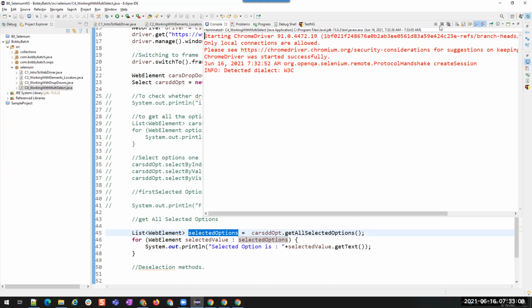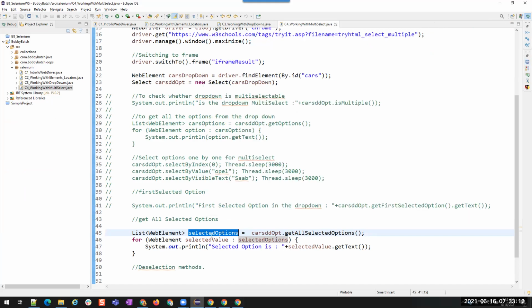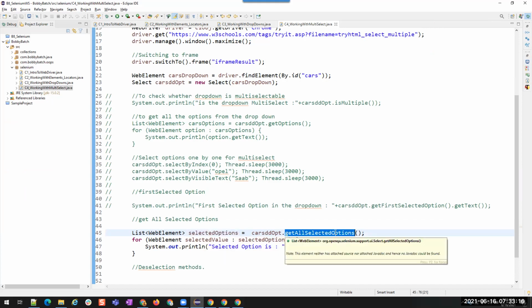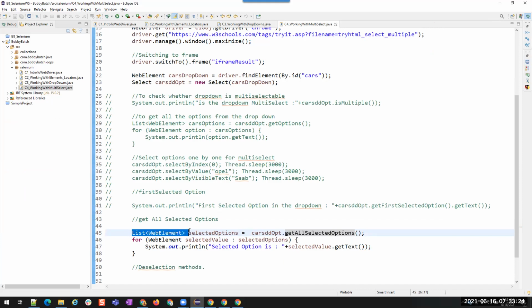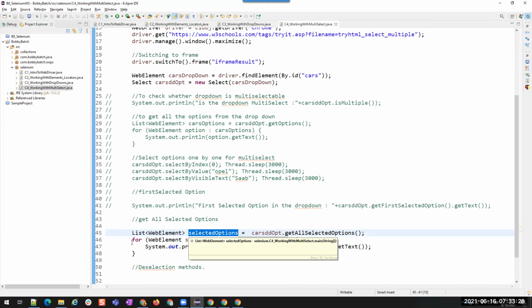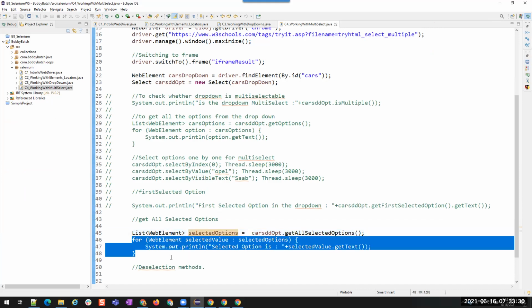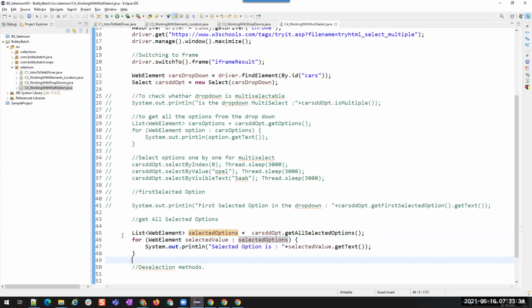See, execution is completed. It didn't print anything because when it is searching for get all selected options, there are no selected options. So this list becomes empty. When it has nothing inside it, will it go into the for loop to iterate over each element and print? No, it won't. That is why it is not printing anything.